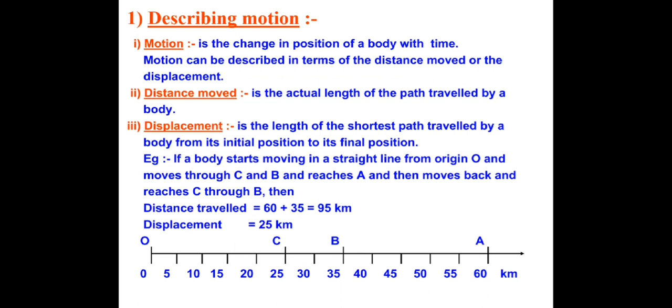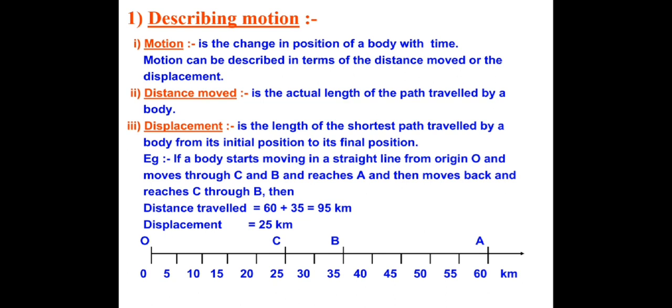What is motion? Motion is the change in the position of a body or the change in the position of any object with time. It's called as motion. In everyday life, we see some objects at rest and others in motion. Examples of those objects which are in motion: birds fly, fish swim, blood flows through veins and arteries, and a car moves. These are the examples.